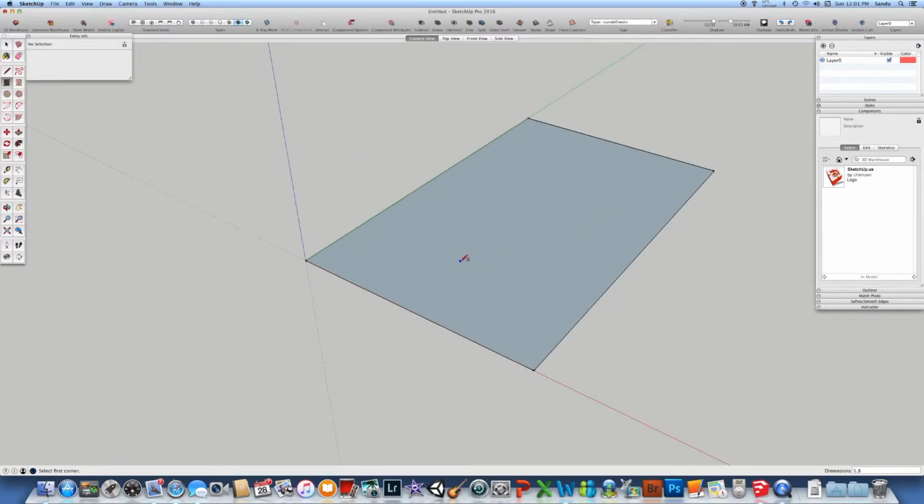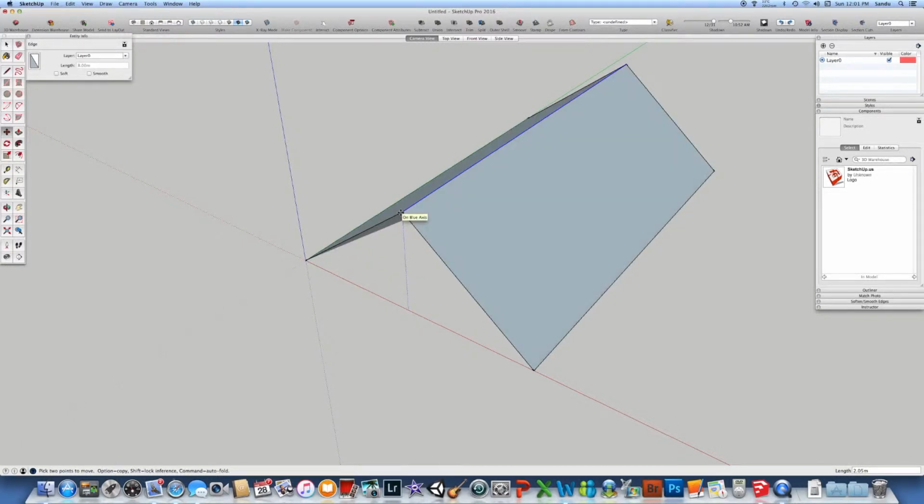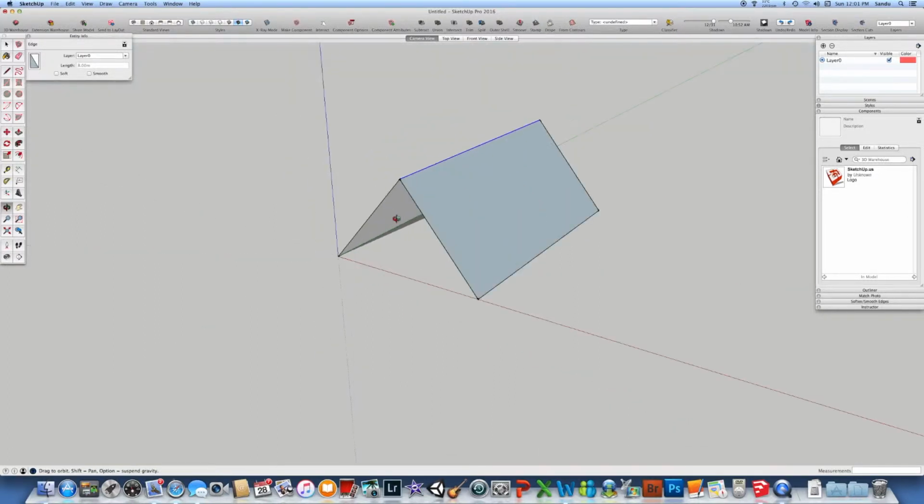Okay, so the easiest way to make a roof, of course, you can just draw a line. You take from the middle to the middle, and you select the line by clicking the space bar, and you just push it up by Move, or you can press M on the keyboard, and on the blue axis you move this line on the vertical. So let's say in this case 3 meters. Okay, so here is a nice roof